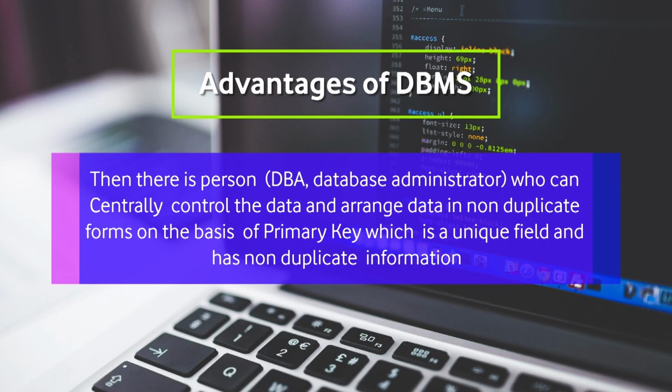That particular key helps to identify an individual record in the system, and each and every record will have its own unique identification. For this, we will be discussing in a little more detail in the next session or next video, about keys and constraints. But for the time being, we have to understand that primary key is a provision through which we can uniquely identify each record in the system.